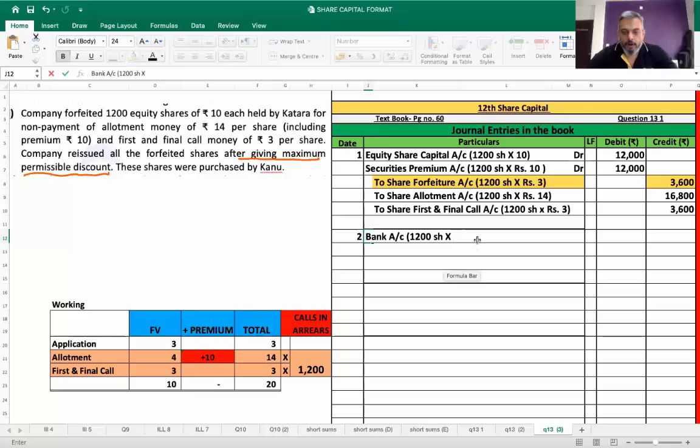Now over here we forfeited 3 per share, meaning a share of 10 rupees. Okay, we already got 3 rupees out of those shares. Now we are reissuing them at maximum permissible discount. So 10 rupees का शेयर है, उसमें से 3 रुपए हमें मिल गए हैं, तो हम नया शेयर कितने में